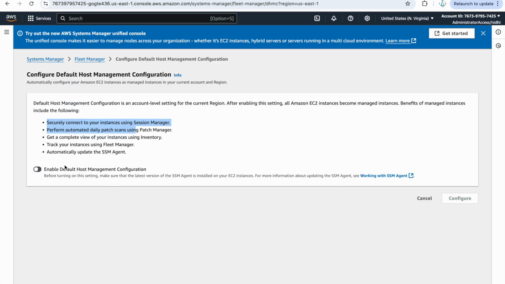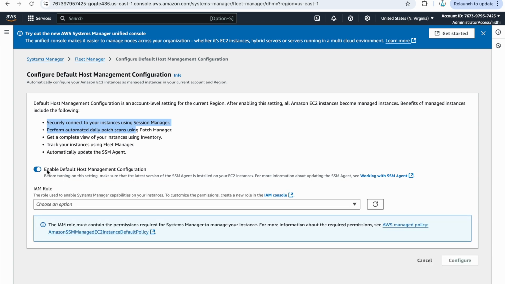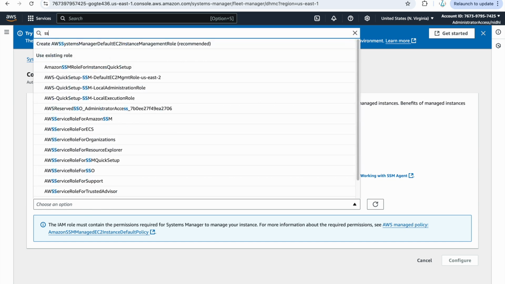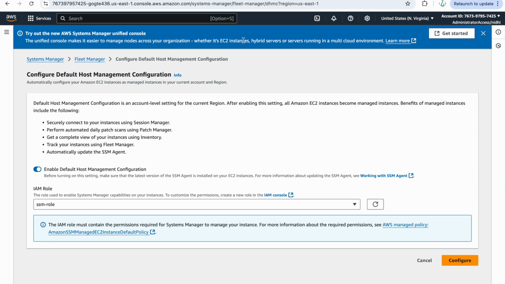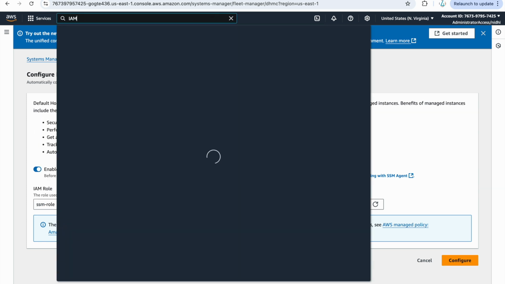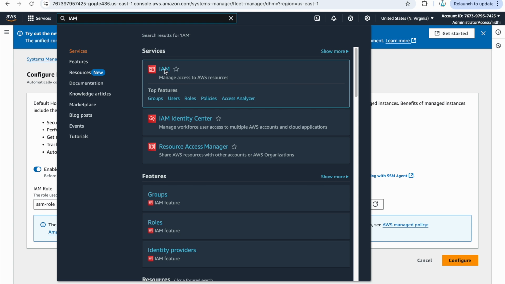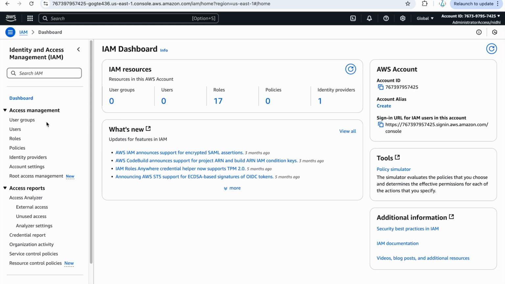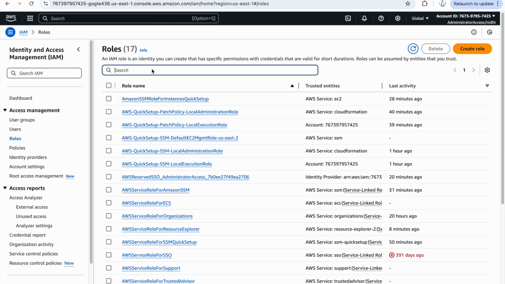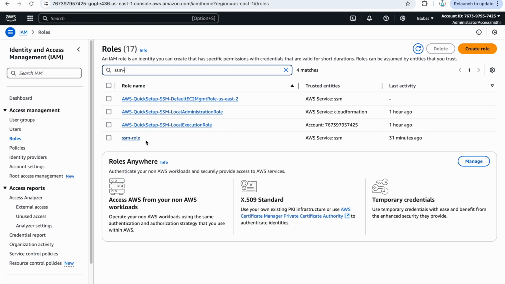Now we'll go there and click on this. Here you can see that you need an IAM role for using this functionality. I have already created this SSM role, so I can show you. Currently I just gave it admin-level permission. If I go to the SSM role, you can see it's AWS service SSM.